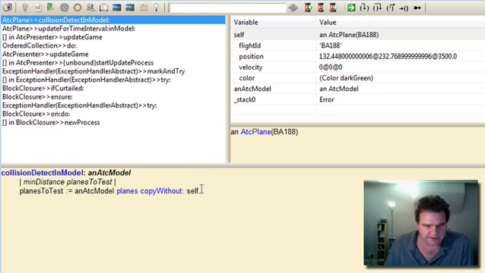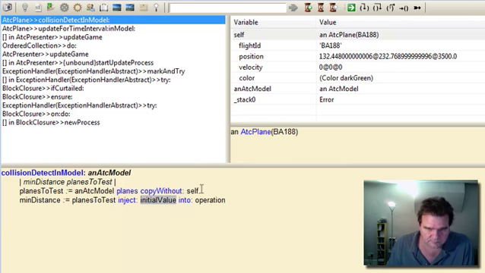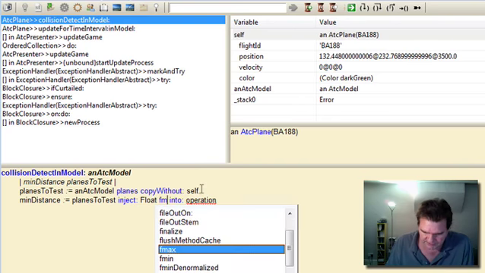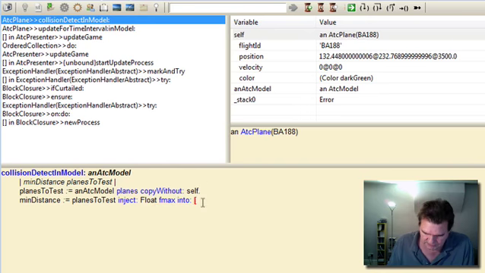Okay, so going through our planes to test, let's try and find out what the minimum distance is. And we can use one of those nice Smalltalk methods called inject. We'll inject a large number into here and then whittle it down to be the minimum distance. So we'll get a large number, we can use float fmax, and we'll inject that into